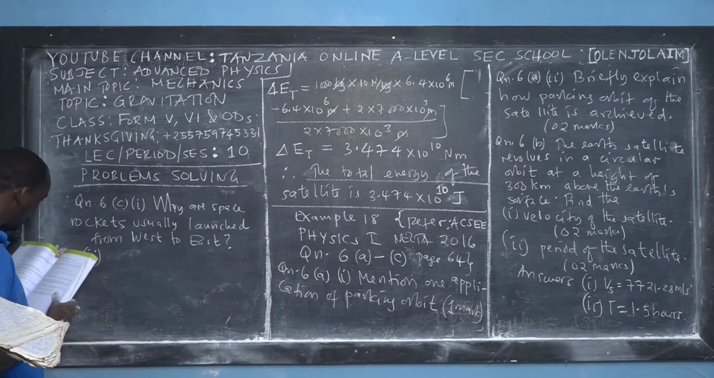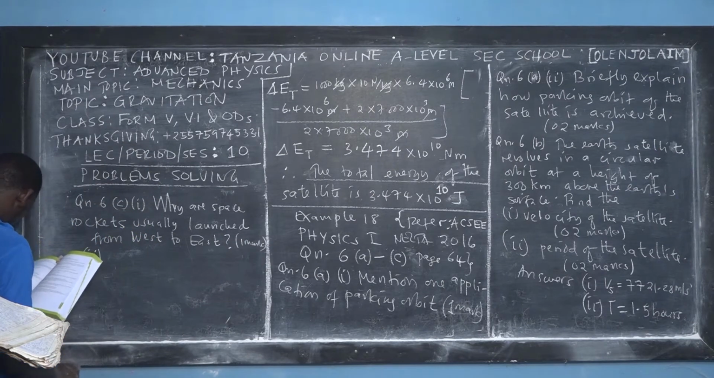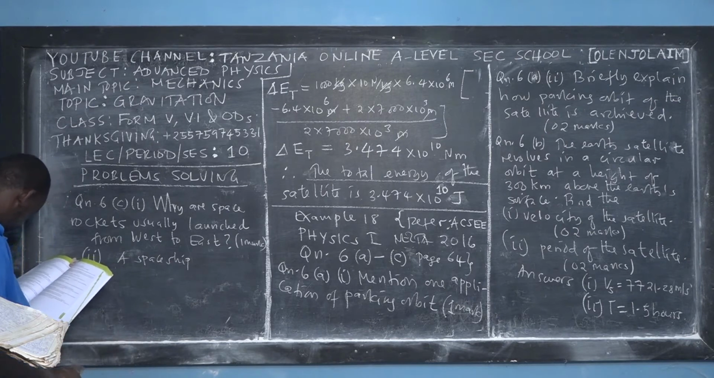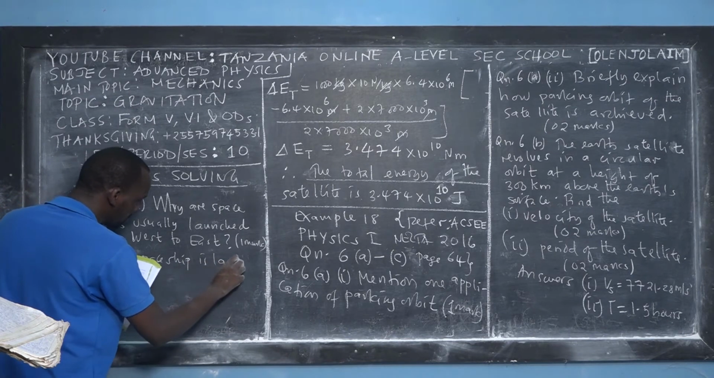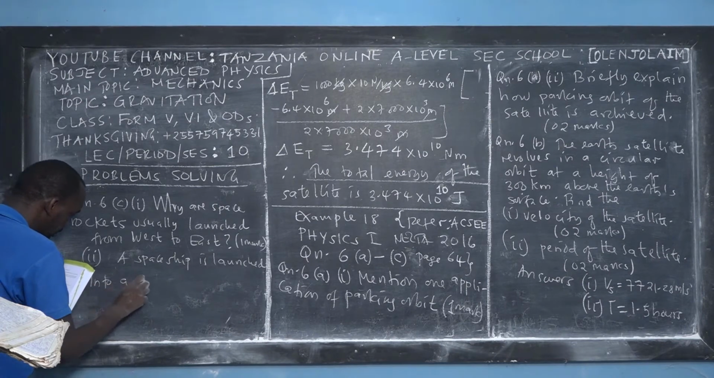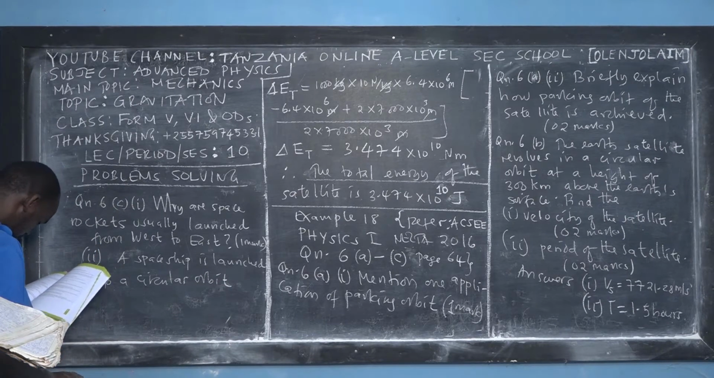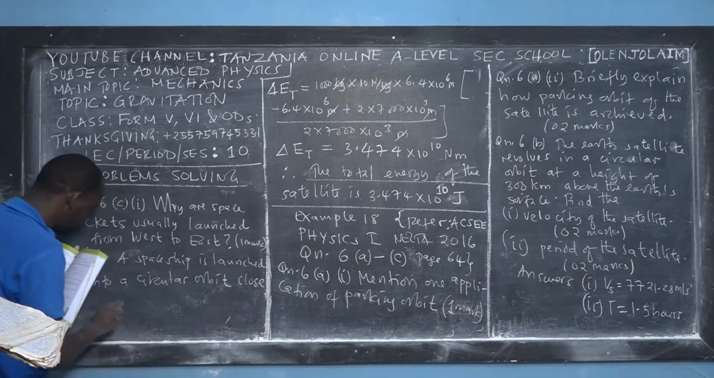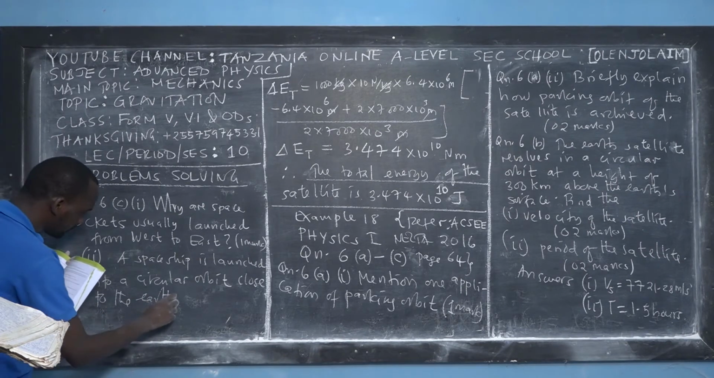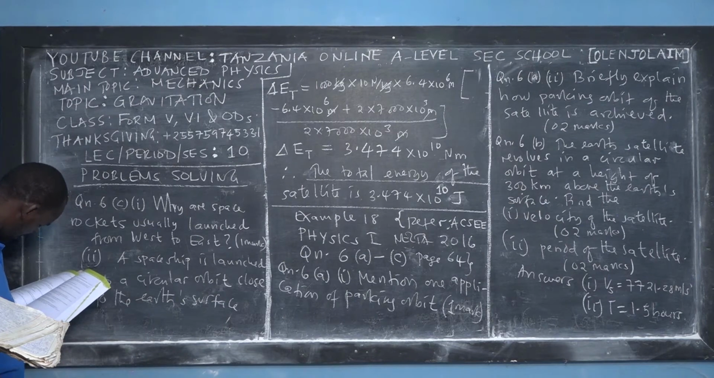Then Roman 2, a spaceship. With this one, you might find that it's 1 mark. So it says that a spaceship is launched into a circular orbit close to the Earth's surface. What additional velocity